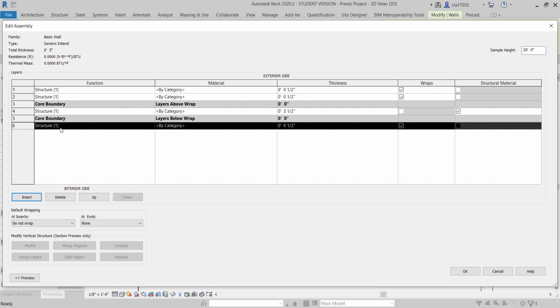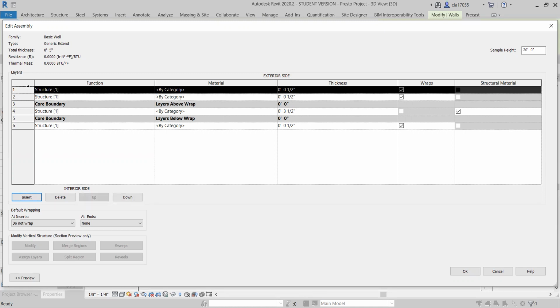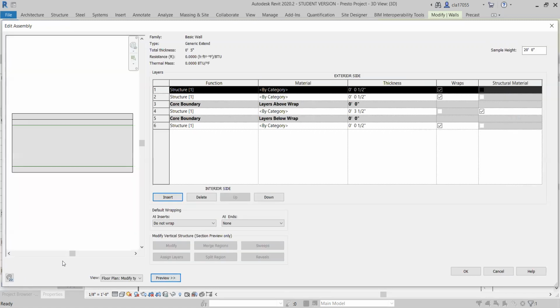So if we say line 6, that'll be our gypsum board. You can change the material on that. Line 2, that'll be our sheathing on the outside. And then line 1, that will be our siding. So anyways, that's kind of how our wall is going to be made. And there's probably going to be a little bit more detail than that, but this is just a simple